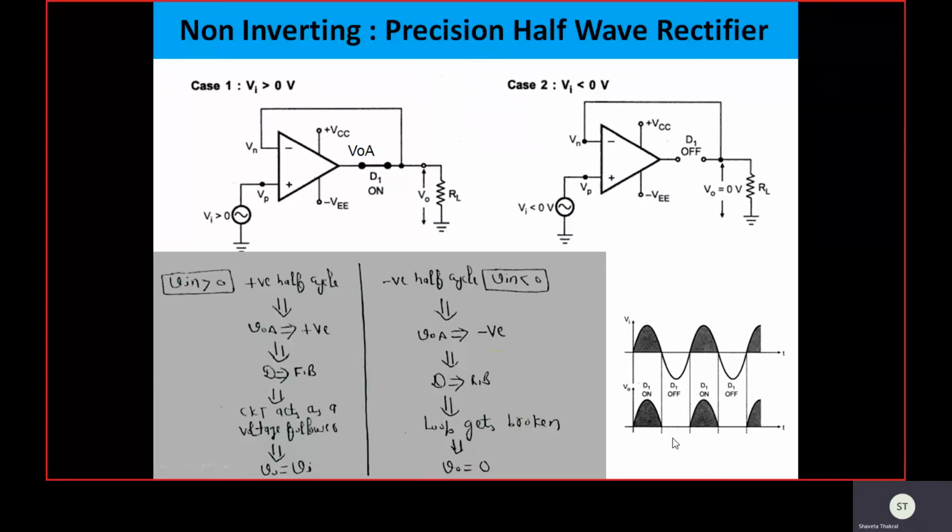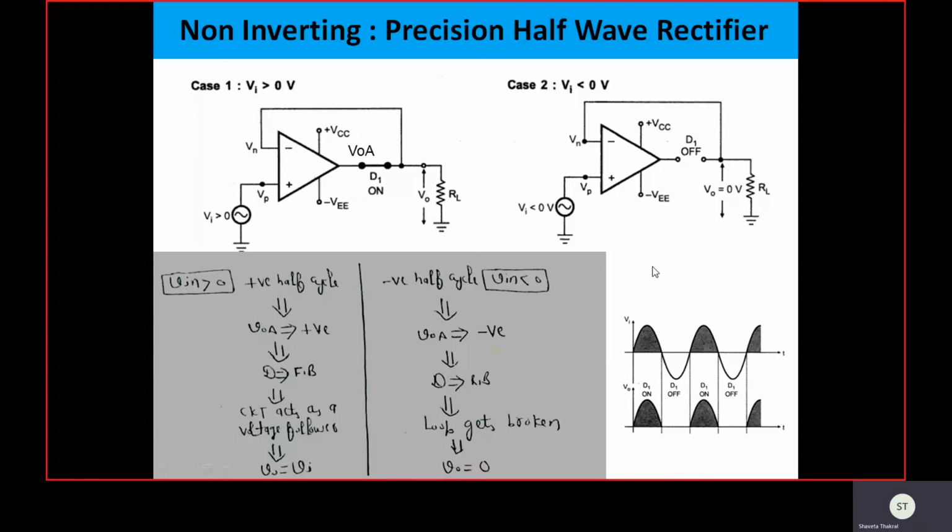That's why this is called the half wave rectifier, and this is considered to be non-inverting because the output obtained is in the same phase with the input signal. But all the pulses are coming above the x-axis, so that is the indication that we have converted AC to DC, but this type of DC is called pulsating DC.